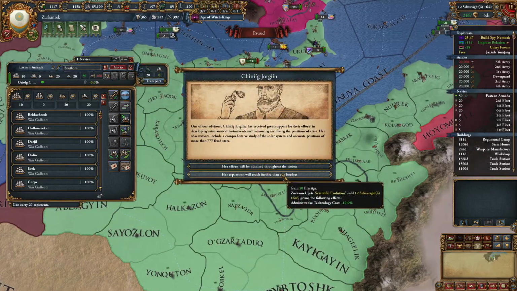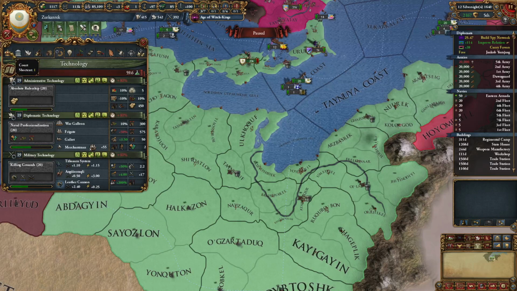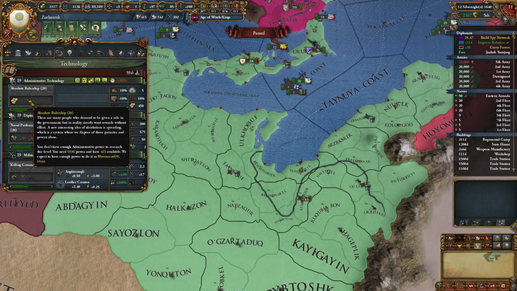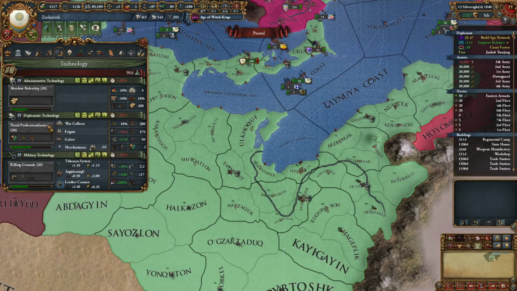Admin tech cost reduction is probably a good idea. Oh, and that's going to give us the governing capacity as well. Okay, when do we get the next idea cruiser? That's level 22, so that's still a bit away. Naval professionalism is going to be...